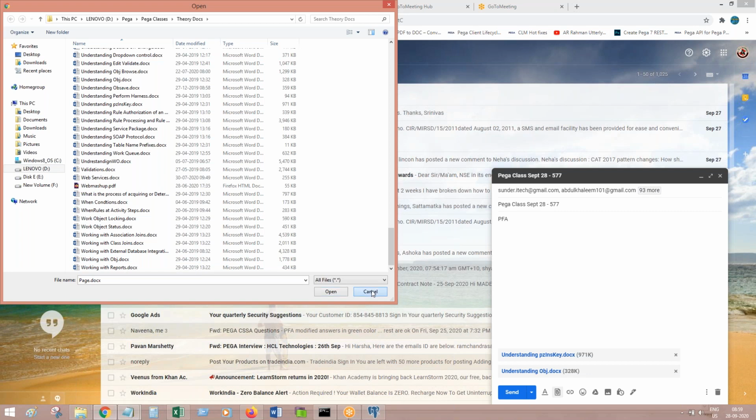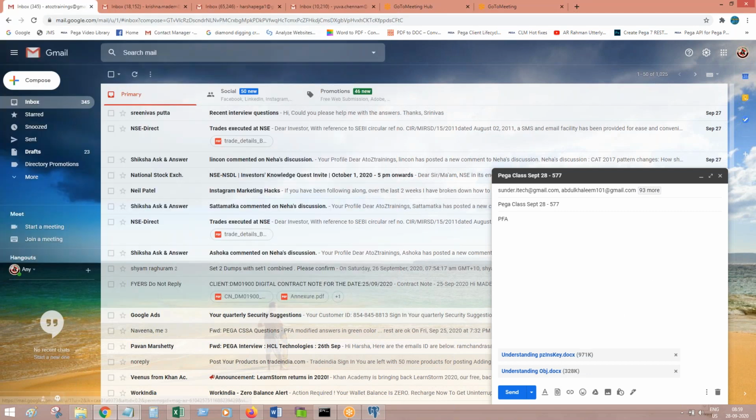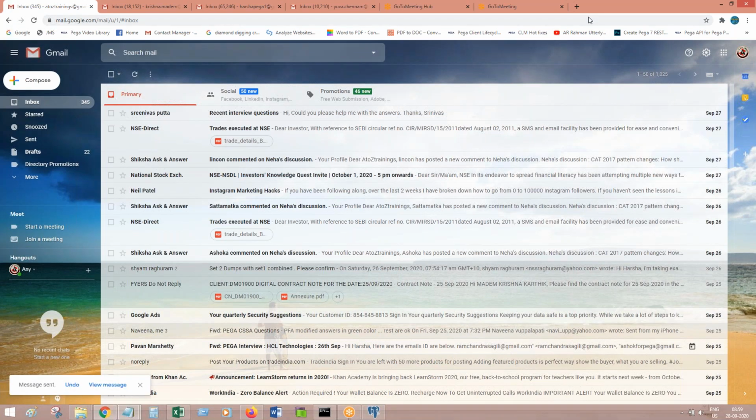So go through this document. That is fair enough. All the concepts will be there. If anything is missing, let me know. You can wind up for today. We'll continue tomorrow to work on work object status, and then we will come to the OBJ open by handle business requirement. Okay, thank you very much.